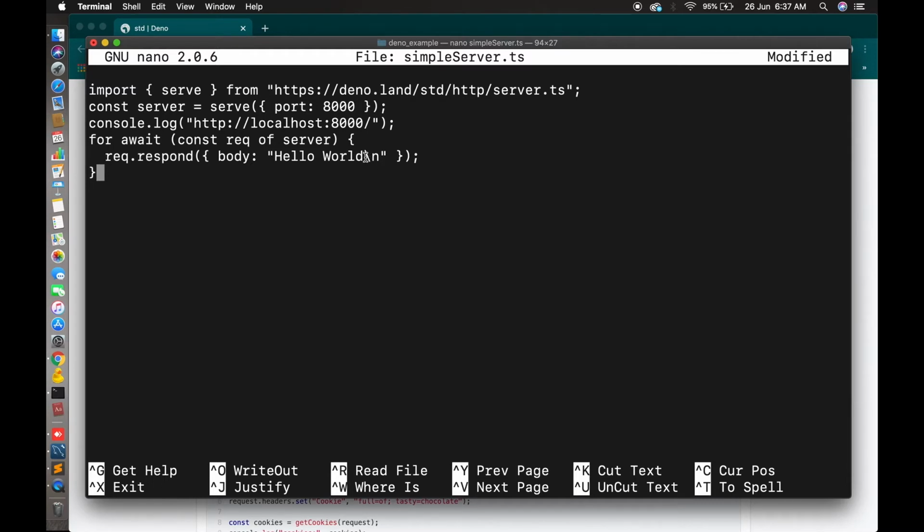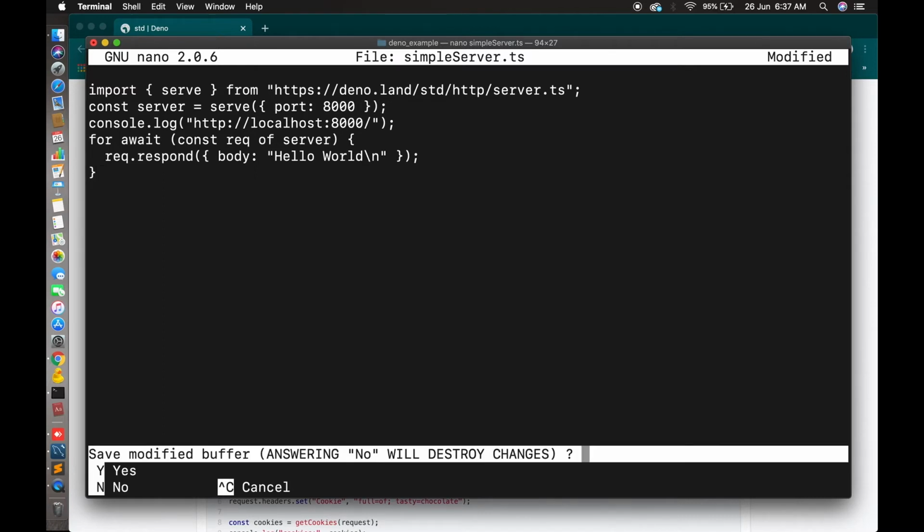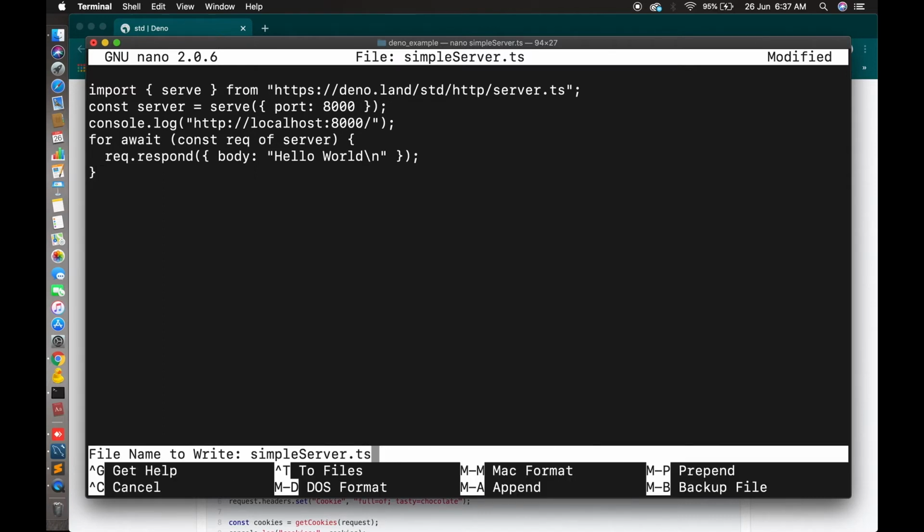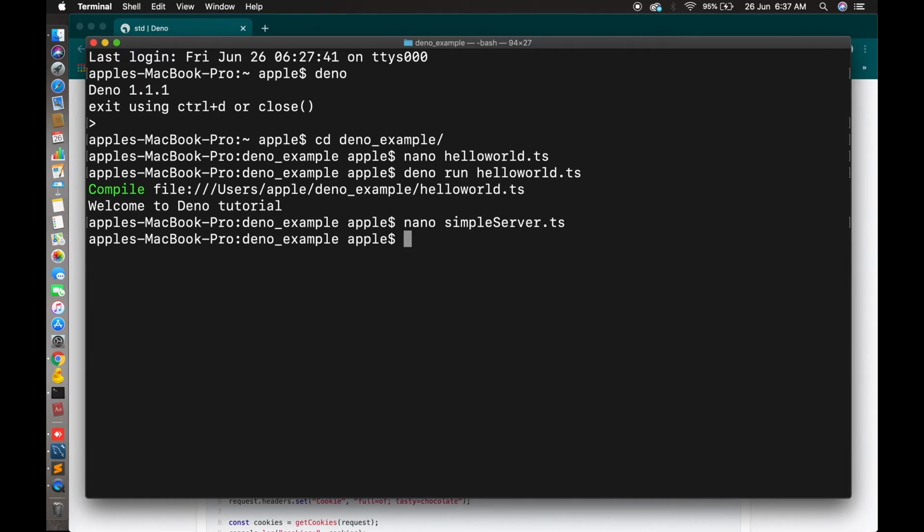This is a simple response, but you can change it. Then Control X, then Y, enter. So this is saved now. Let's run it. deno run, because this needs network access, that's why we have to add this flag, allow-net,